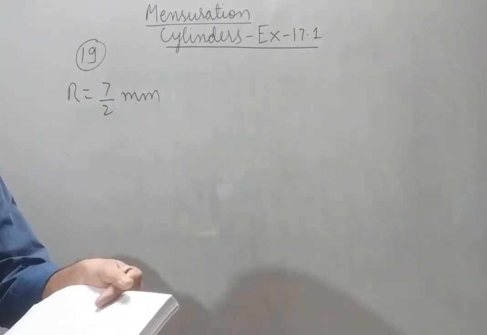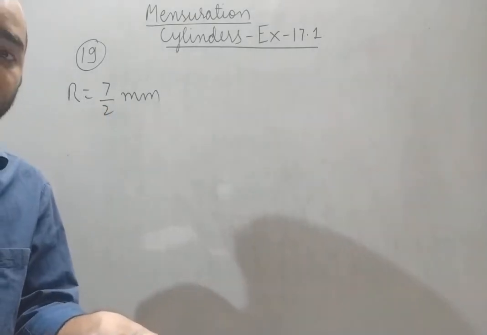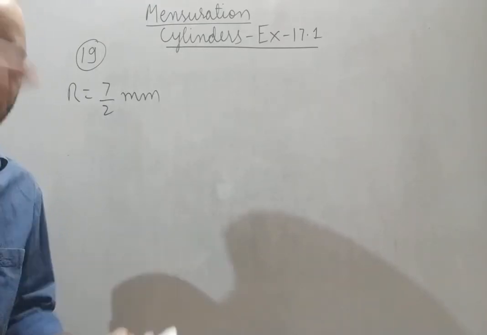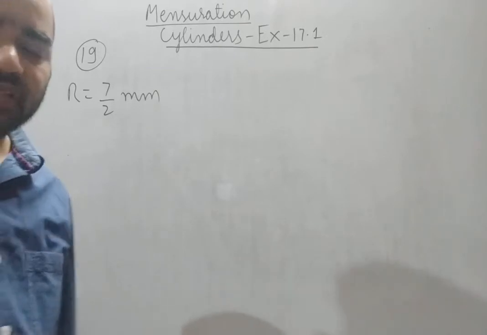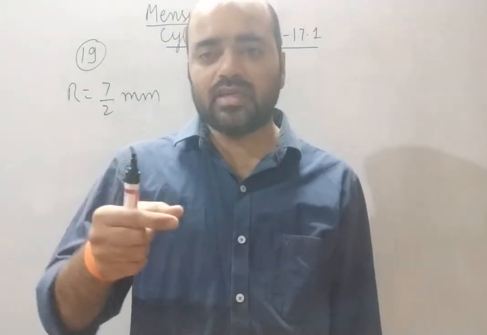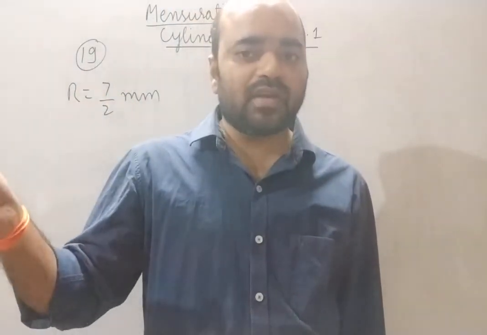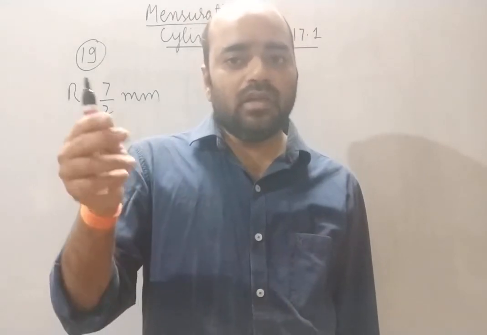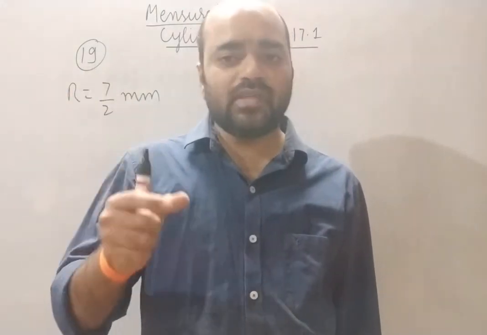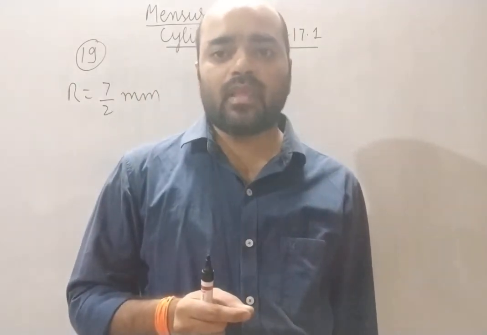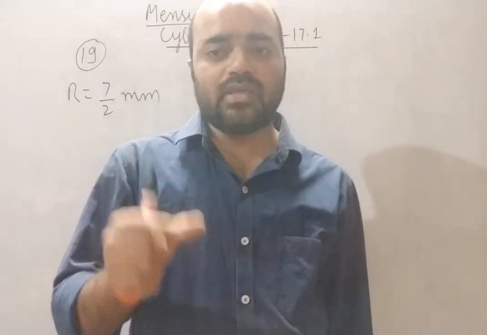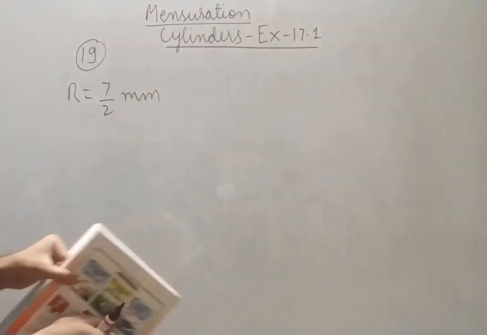Diameter of the smaller one, that is graphite, the cylinder inside. Graphite is present in cylindrical form inside the pencil. One cylinder is of graphite, and the bigger cylinder contains pencil plus graphite. So small r is